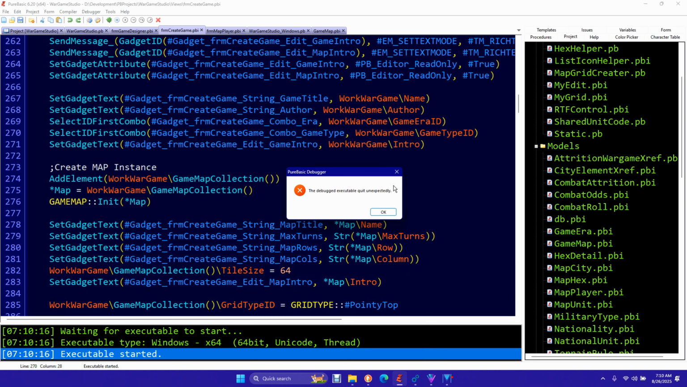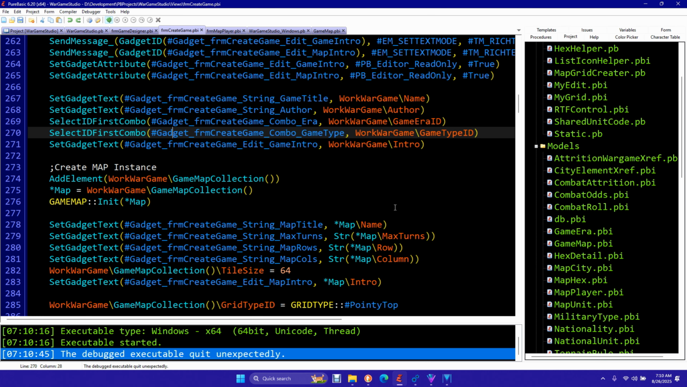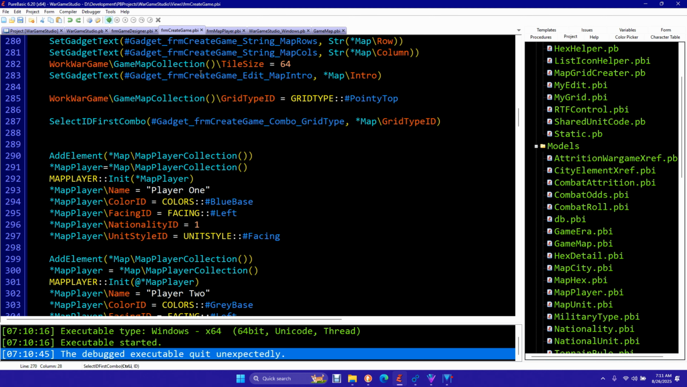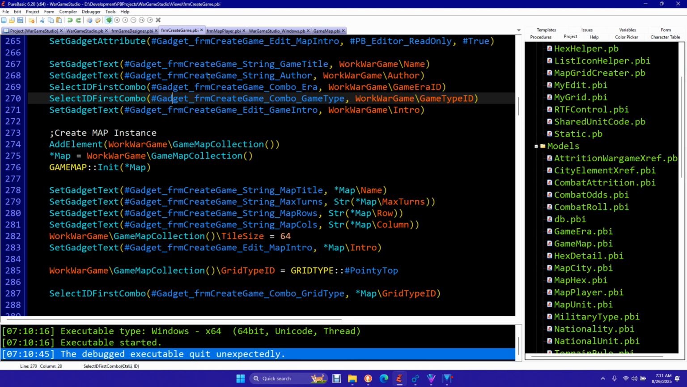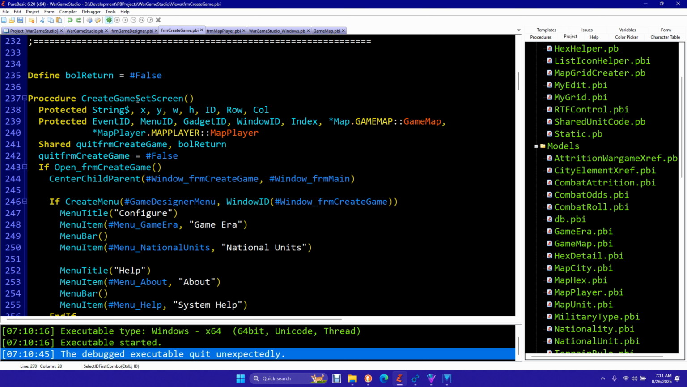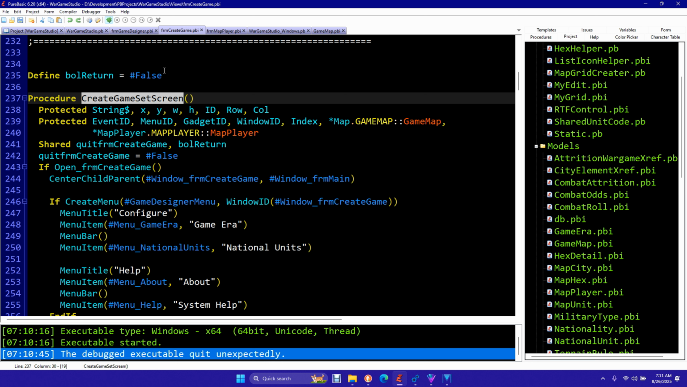Okay, so I have other issues, and this one is going to be more tricky because it didn't give me a point of location. So it didn't blow up on a line of code, it blew up on something else. So how do you track this? Well, that's where you have to know your program. So in my program, when you click the create the game button, it goes to this create game set screen. So what I'm going to do